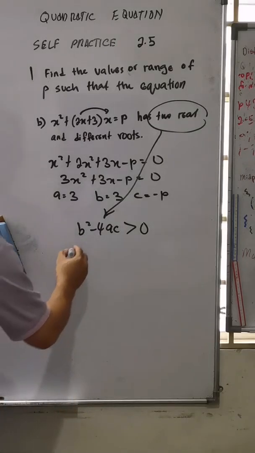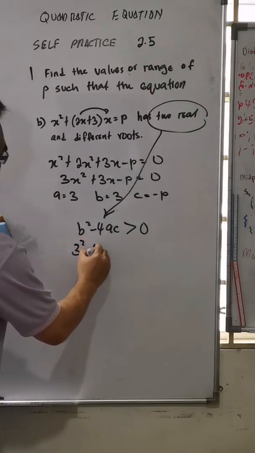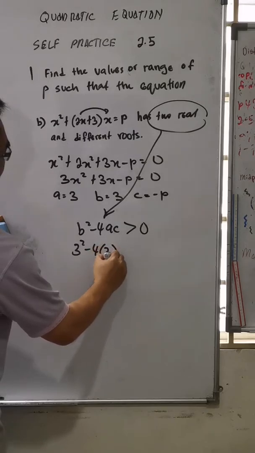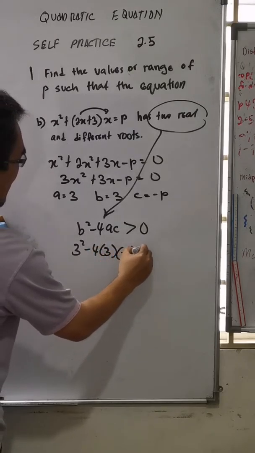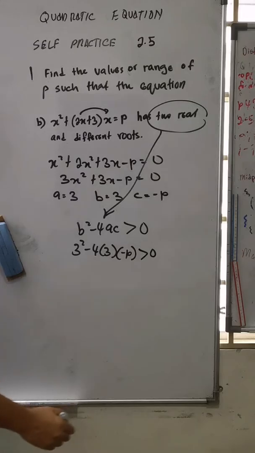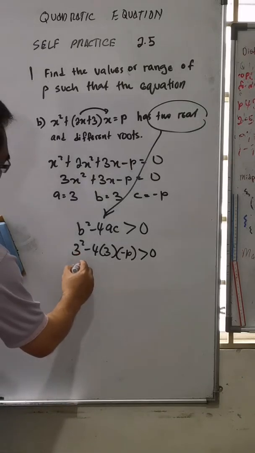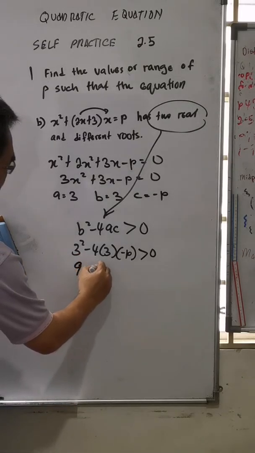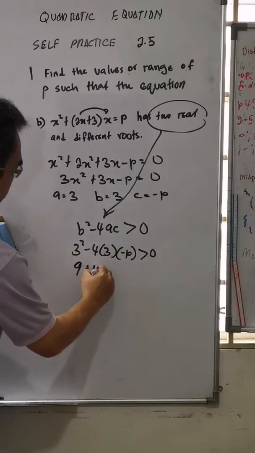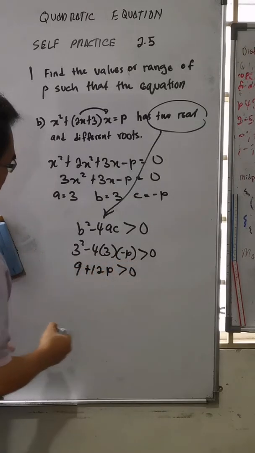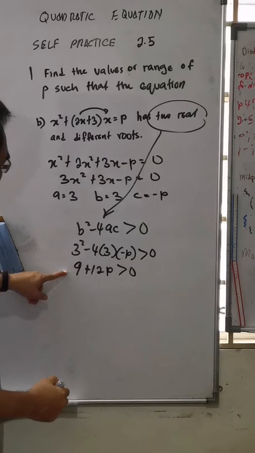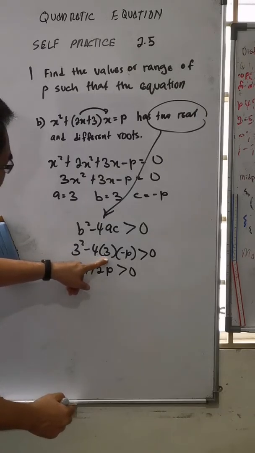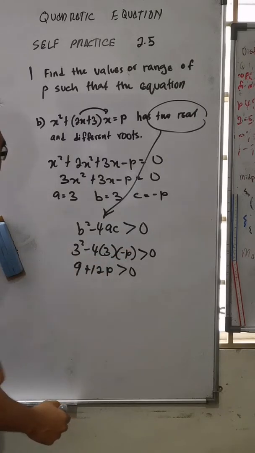Okay, so 3 squared minus 4ac larger than 0. Okay, so you have here 9 plus 12p larger than 0. So 3 squared is 9, negative 4 times 3 is negative 12, then multiply by negative p,